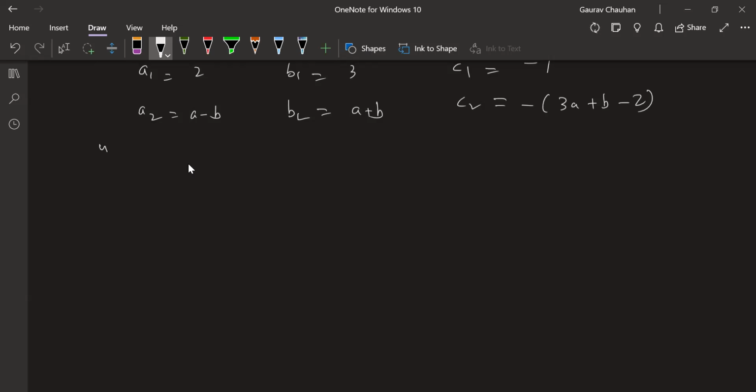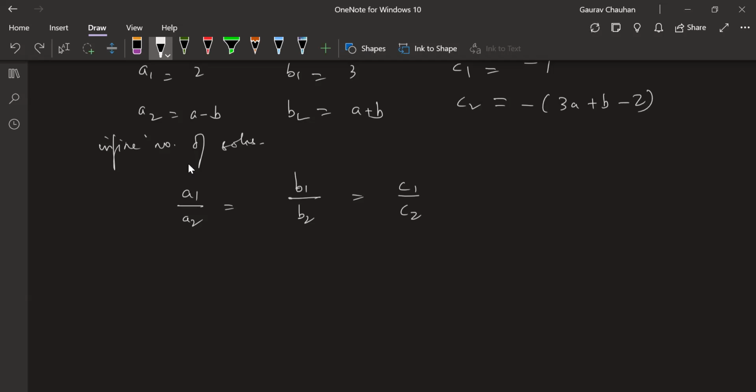So it is given that there are infinite number of solutions. So I'm going to write what was told earlier: A1 by A2 is equal to B1 by B2 is equal to C1 by C2. First write this sentence always. Don't jump directly to making the equation. First write what is given, because this will fetch you half a mark here. It shows that you understand the situation, and that you're able to convert something given in words into mathematical form. That's an important skill which we have learned.